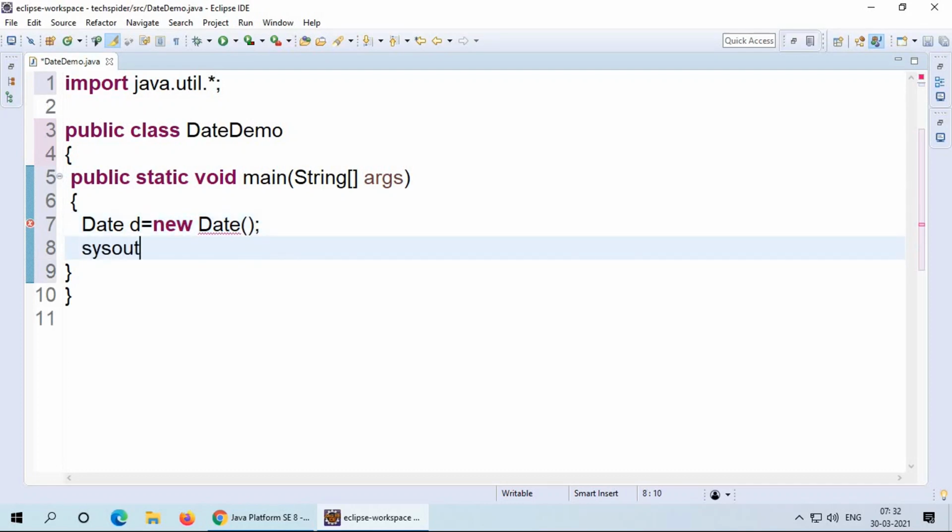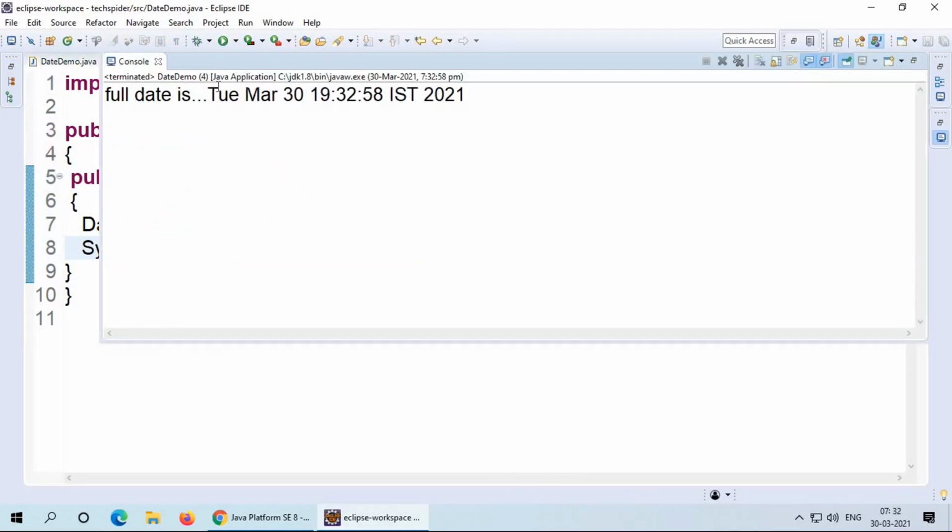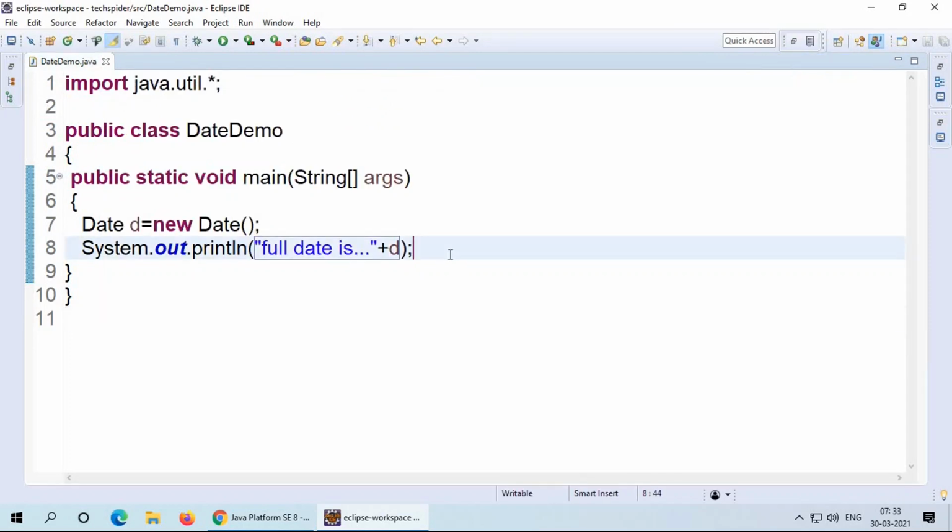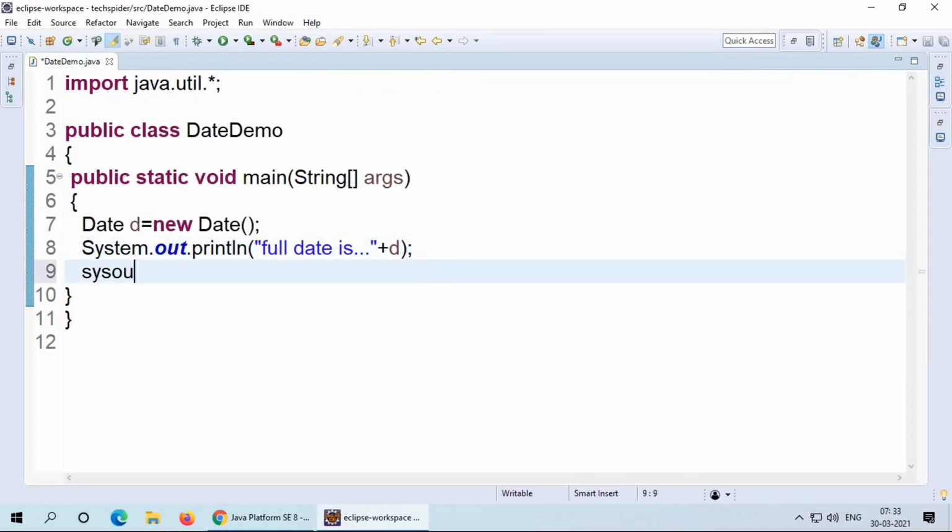Try to print its date, that is I am using "full date is" plus d. Try to run this. We are getting the full date is Tuesday, March 30th and so on, with the time. Next one, I want to get some other information like today's date.